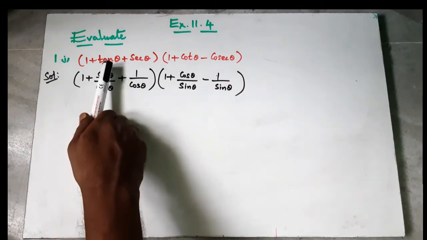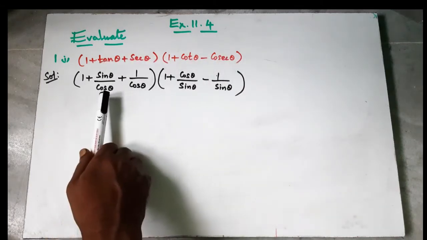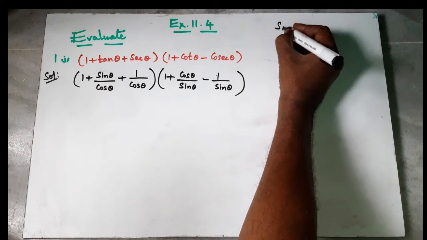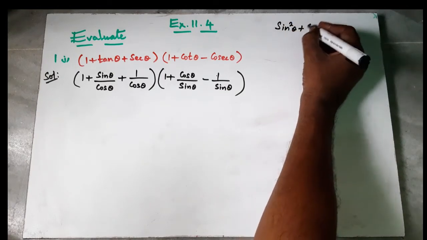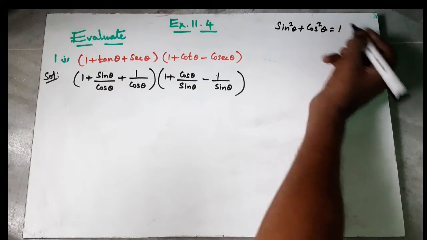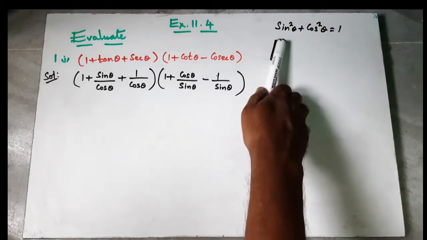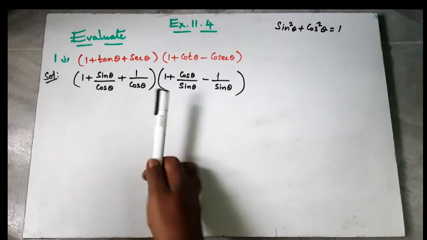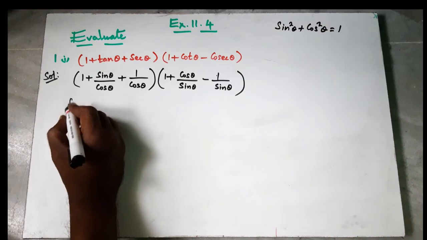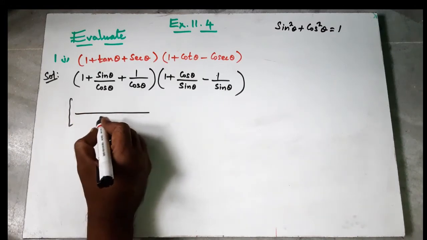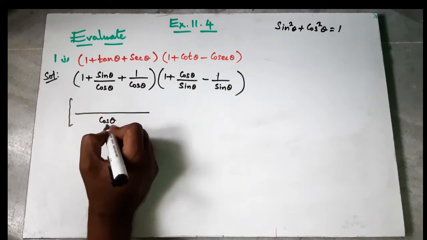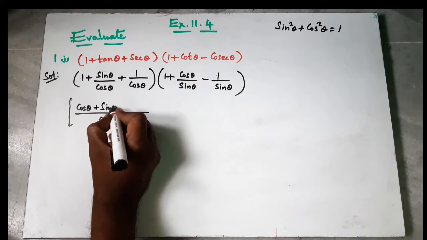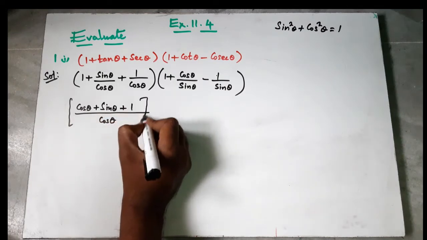So why we are changing this tan, sec, cot, cosec in terms of sin and cos means we are having an identity that is sin square theta plus cos square theta is equal to 1. So we are going to use this identity to make the problem solve. Okay. So now let us take the LCM for this one. What is LCM? Cos theta. So here LCM is cos theta into 1, cos theta, plus sin theta, plus as it is 1.